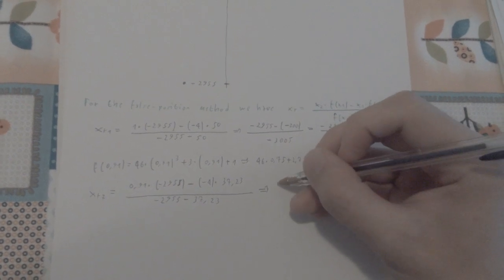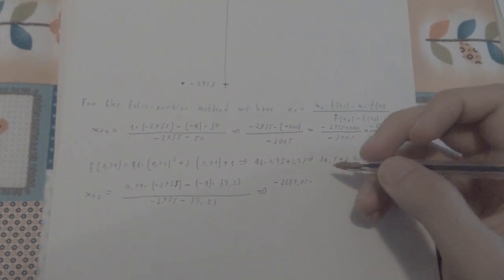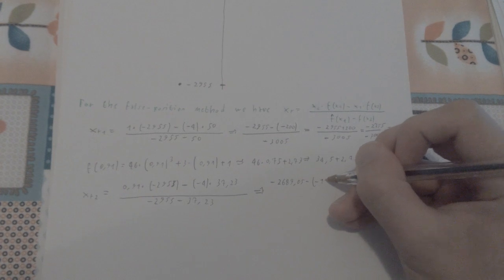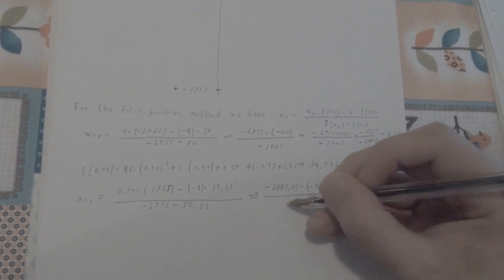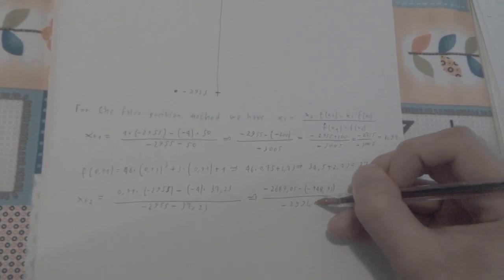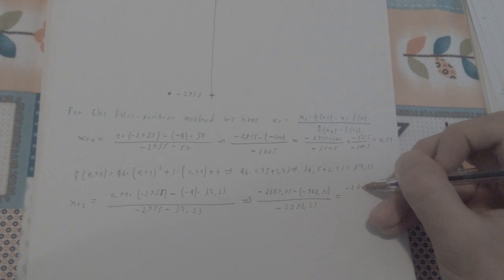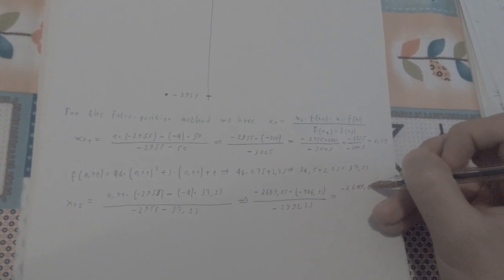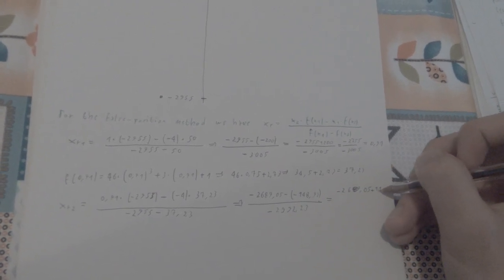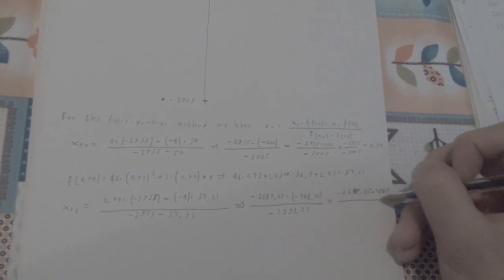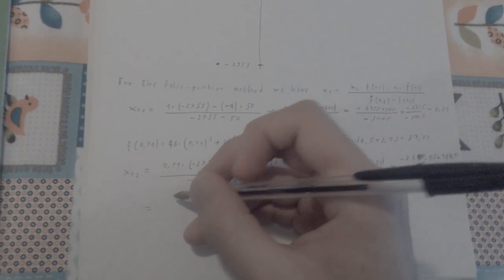So if we compute this, we get a negative 2,689.05 minus negative 148.92 over negative 2,992.23, which is like, well, negative 2,689.05 plus 148.92 over negative 2,992.23, which is gonna give me